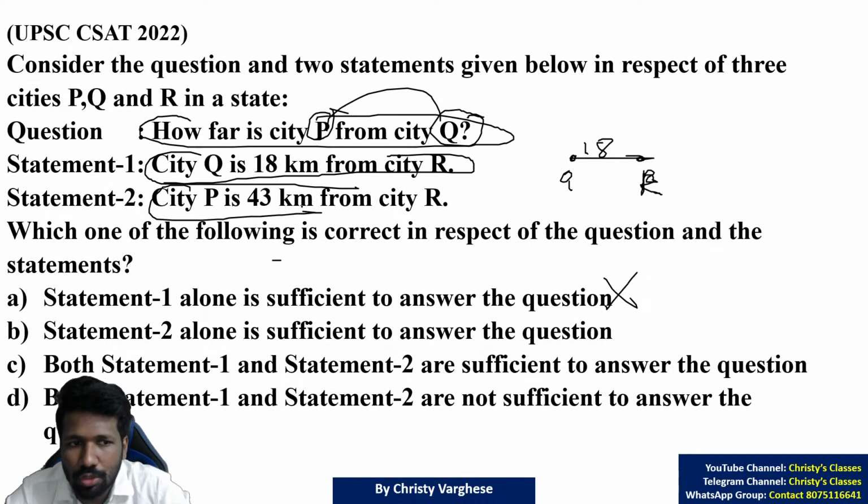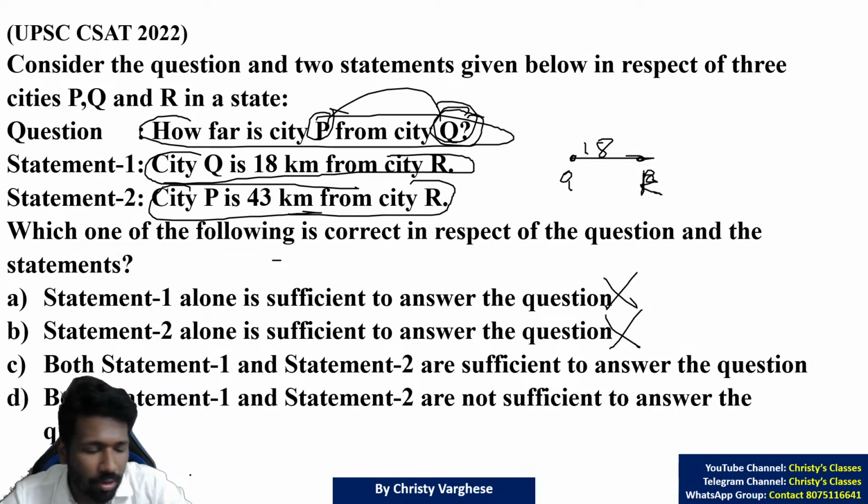Now statement 2, P is 43 km from R. There Q is missing in statement 2. So statement 2 alone also is not sufficient. Same logic as I told about statement 1. Now using both the statements, that is the next option. Using both the statements means